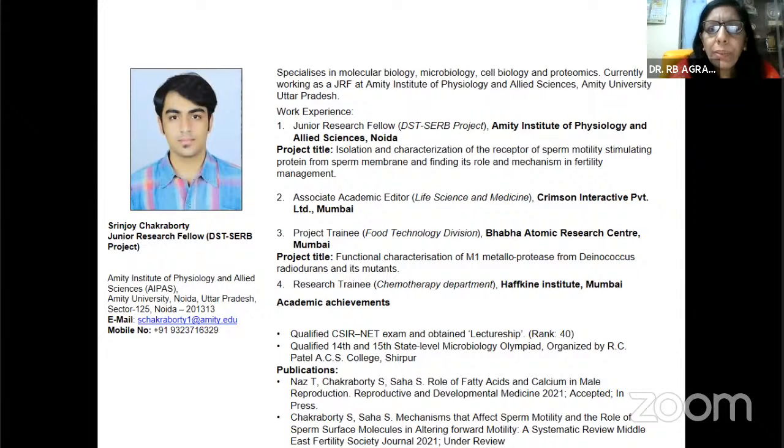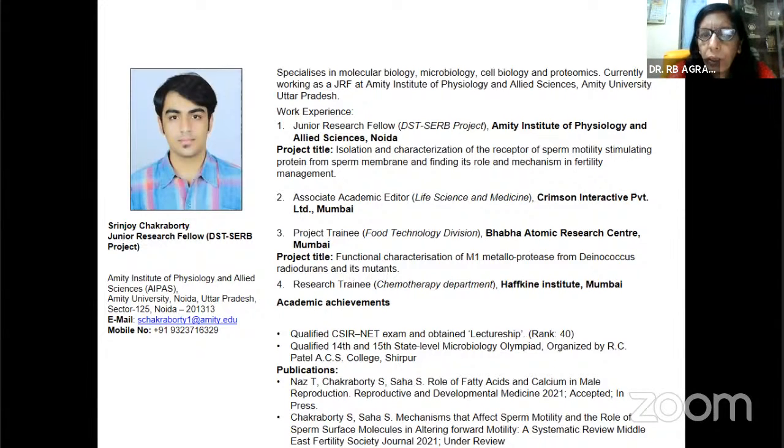He specializes in molecular biology, microbiology, cell biology, and proteomics, currently working as a DRF at the Institute of Physiology and Allied Sciences, Noida. His project title is the isolation and characterization of the receptor of sperm motility stimulating protein from sperm membrane and finding its role and mechanism in